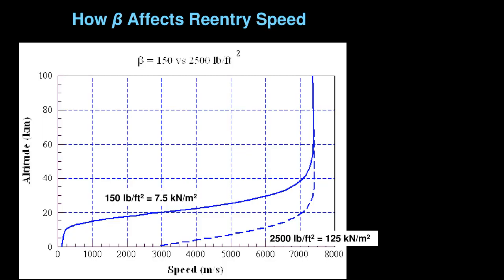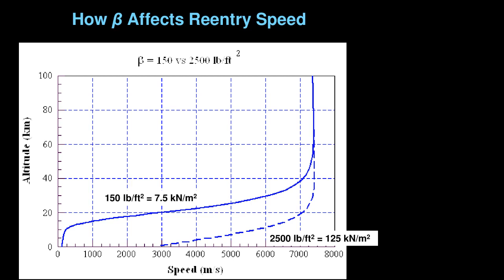Just to give you an idea of how this affects reentry speed, here's a graph that shows speed of a reentering warhead versus altitude at two different values of beta. It's coming in at about 7.2 kilometers a second, so it's an intercontinental range missile. The upper curve is for low beta. Beta tends to be given either in engineering terms of pounds per square foot or in metric terms of newtons per square meter. And what you can see is if I've got a high drag or a low beta warhead,